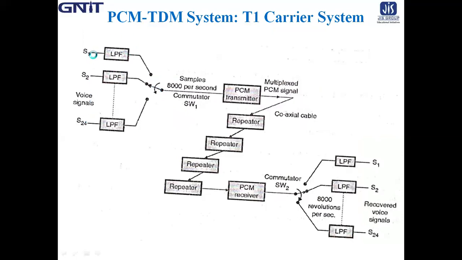This is called one frame. Then again the next frame starts, starting from S1. So S1 to S24 is called one frame, and each sample is encoded into 8 bits. So the total number of bits per frame is 24 into 8,